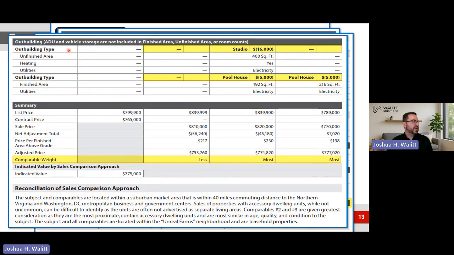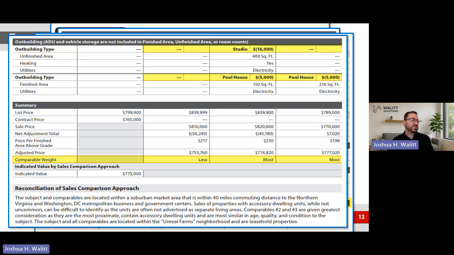We have outbuildings. Right, you can see this report's probably longer, right? Because the sales comparison approach looks like it's going to be probably twice as long, right? How many of you ever want to include information about the outbuilding, but it's so impossible, right? This way it puts it right here, rather than someone having to look 3 or 4 places at the sketch, and then over to here in the text area, and then over here.